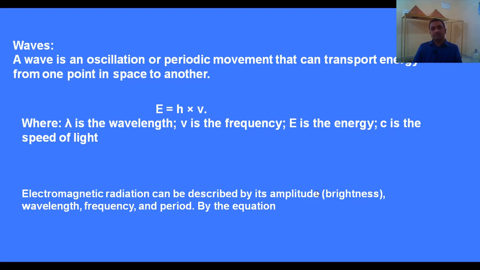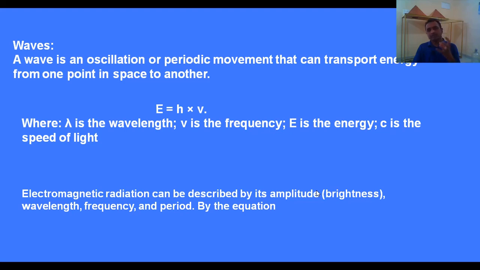Oscillation is a periodic movement that transports energy from one point to another point. So, what is a wave? The wave particles are vibrating about their own position. The energy is carried from one particle to another particle, one place to another place. The energy from the sun to the Earth surface is transmitted through vibrating particles only. Particles do not change their own position, but energy is transferred from one place to another place. That is called a wave.